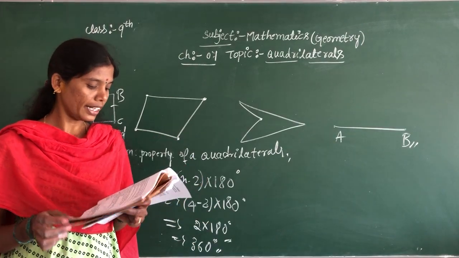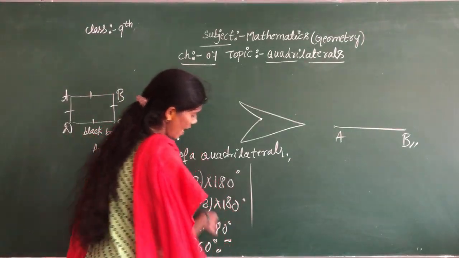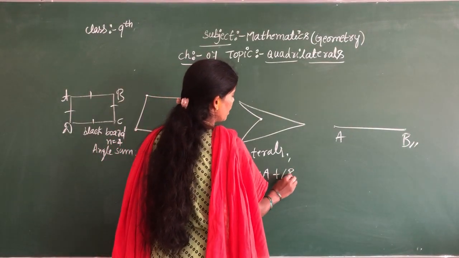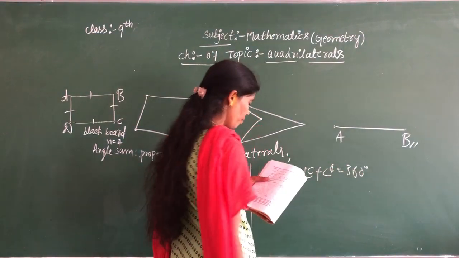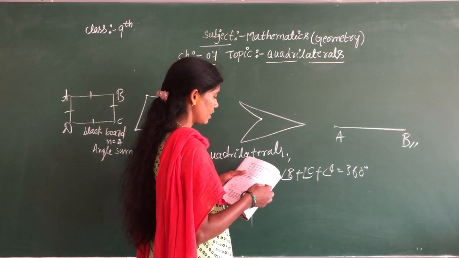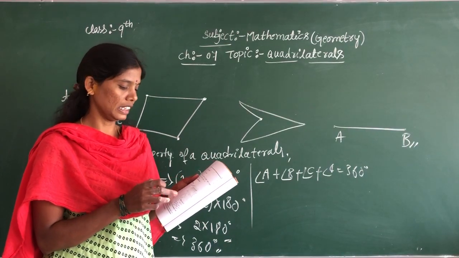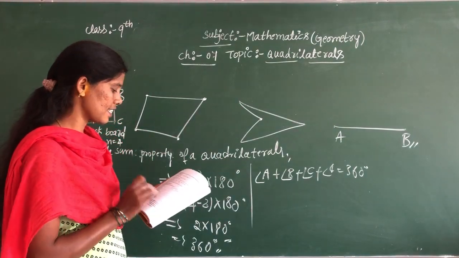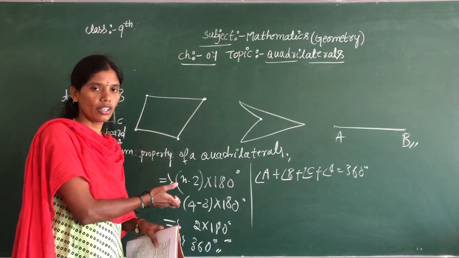Now next, here this is direct, using the formula. But in your book, angle A plus angle B plus angle C plus angle D is equal to 360 degrees. So here you should take angle DAC and angle ACD and angle D. So the sum of the angles of the quadrilateral is 360 degrees coming. This is better, otherwise you should read this one.